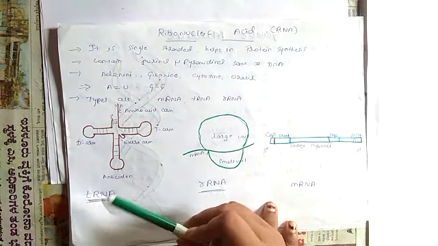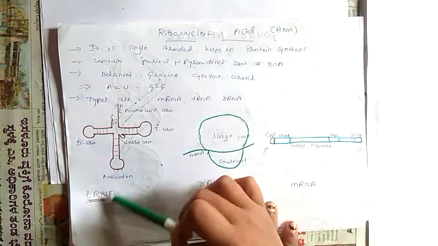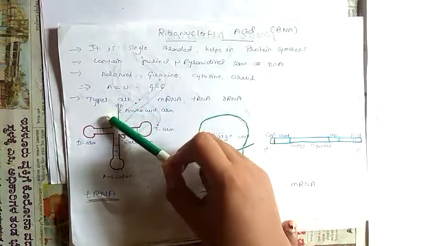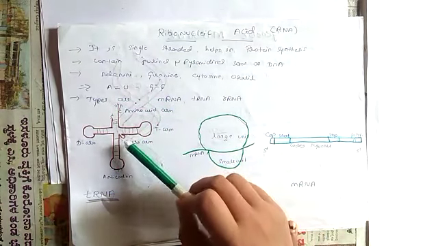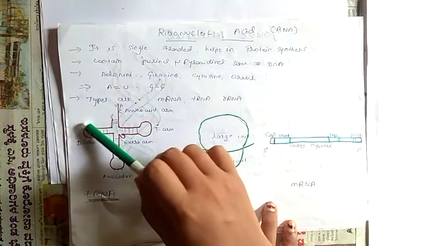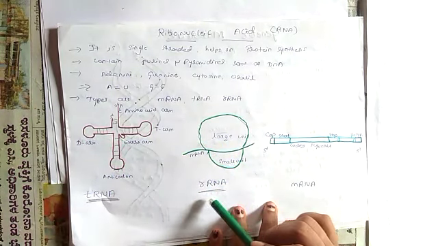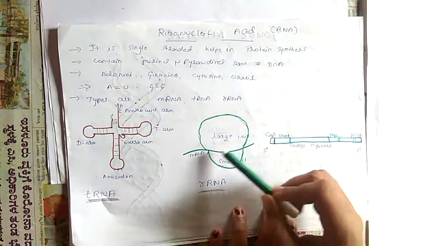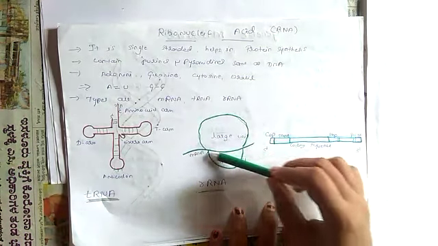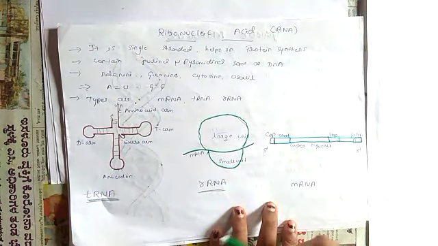Now you can see here the structure of the tRNA molecule. The tRNA molecule consists of an amino acid arm or amino acid site, T arm, extra arm, anticodon loop or arm, as well as D arm. You can see here. In the same way, rRNA contains mRNA in between. In place of that, you can see a larger as well as a smaller unit of ribosomal RNA.